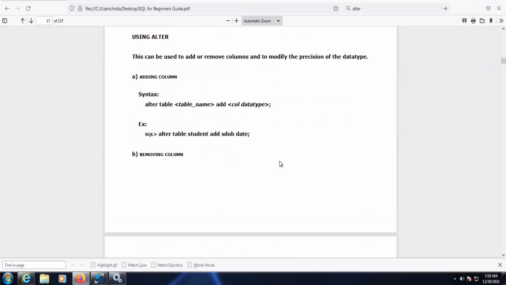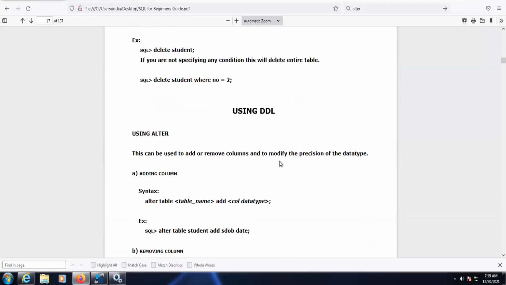Here you can see alter using DDL. The purpose of the alter statement is to modify or add, I mean modify a column. We can add a column and we can remove a column.